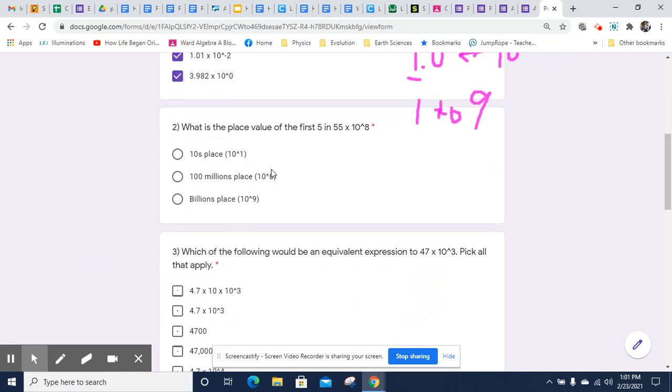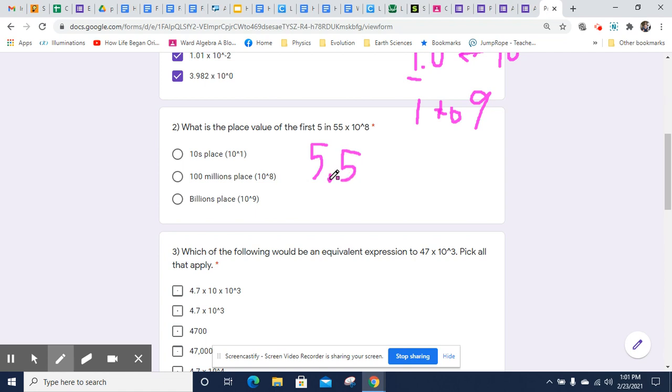Okay. What is the place value of the first 5 in 55 times 10 to the 8th? Well, the first 5 in this is defined, so that's 10 times this. That's a 55, so 10 times 10 to the 8th would be 10 times 100 million. 10 to the 8th is a billion. It would be helpful to rearrange this into scientific notation format, which would be 5.5,